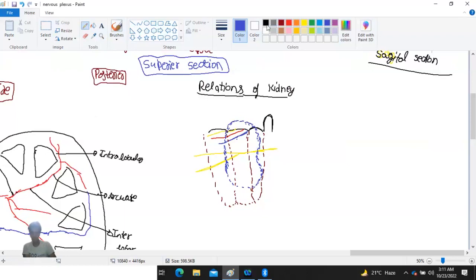In the posterior, we can write this is psoas major, quadratus lumborum, transverse abdominis,